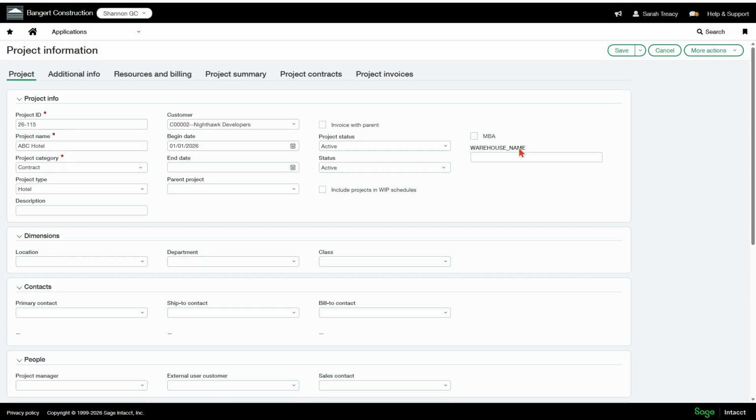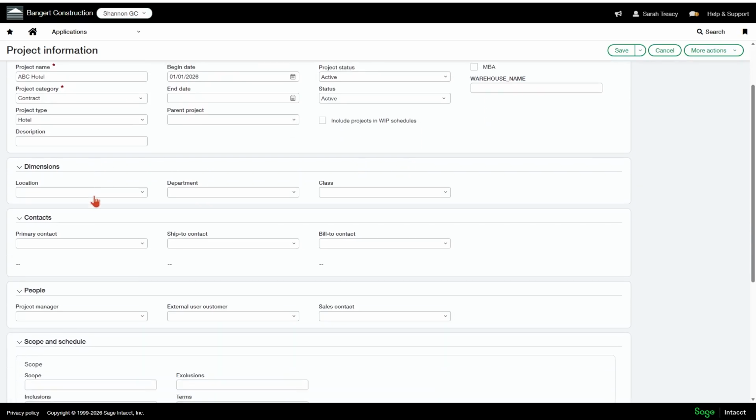MBA and warehouse name are custom fields that I have in for my projects. So wherever you need additional information for whatever it is that you're putting into Intacct, you can use custom fields to get that information onto the screen. And warehouse name and MBA are an example of ones that I have in. You could also maybe do tax exempt, like is this the tax exempt job? I want to have a checkbox for that. Maybe you want to put in a line for your retainage percentage that you're holding across the project, different things like that. And we will have a video that shows you how to get those custom fields set up.